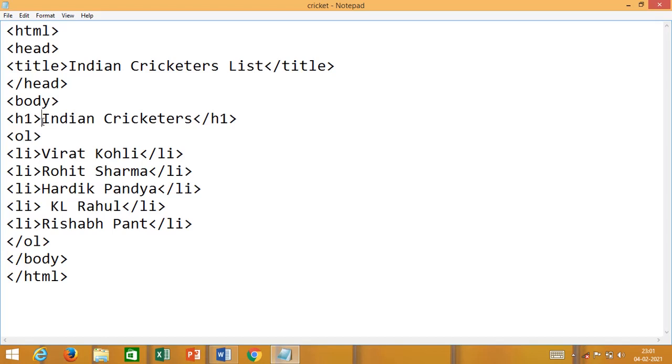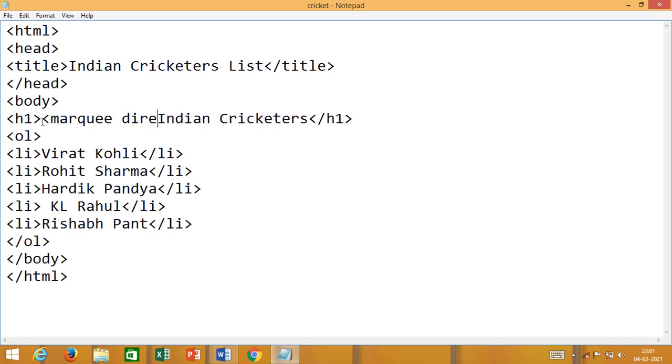Now these different attributes are used in different ways. Suppose I want to move the text from left to right. So what I need to do, when I put this marquee tag, and how to put that, I am going to show you. So what you need to write is marquee